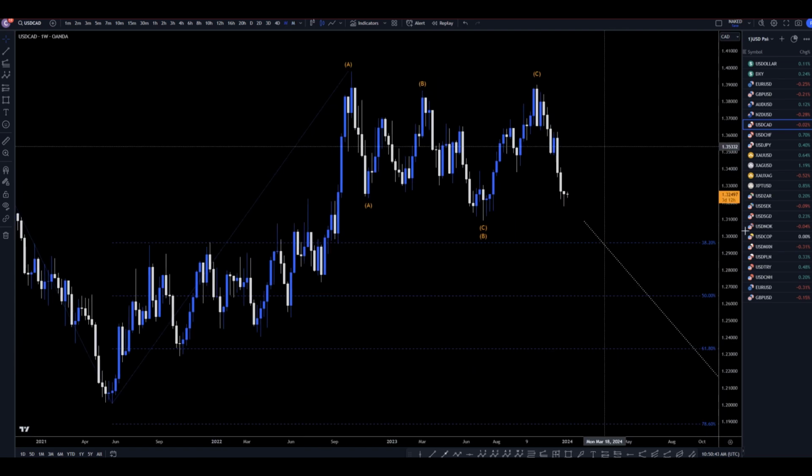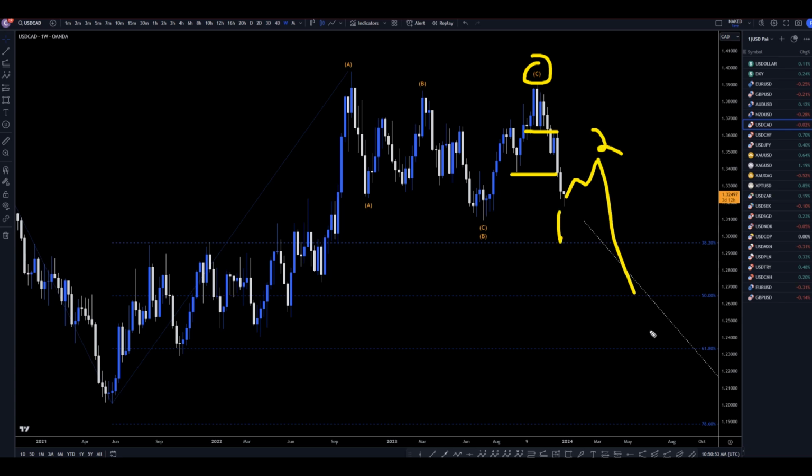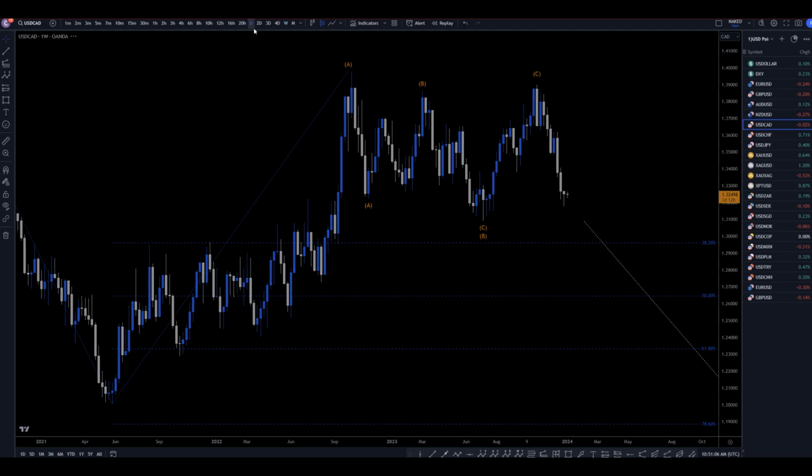Going down to the weekly, I do believe with this break of structure and this break of structure, it's pretty clear that we have the end of the correction. Now, at some point, it probably is going to make a bigger move to the upside, like a 1 and a 2, but we don't really even know that that's going to happen as of yet. And I think that the best thing for us as of now, especially because this could just keep on drifting down like this, is we should primarily be looking for shorts on shorter time frames.